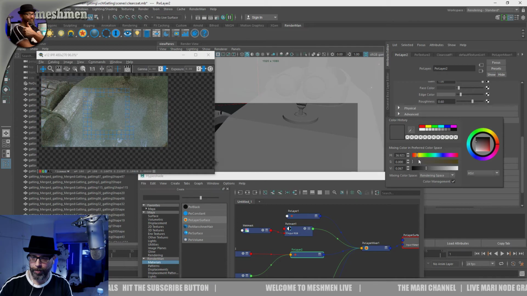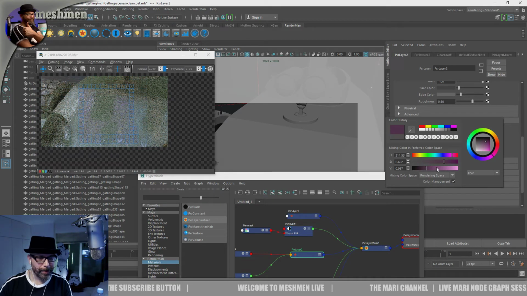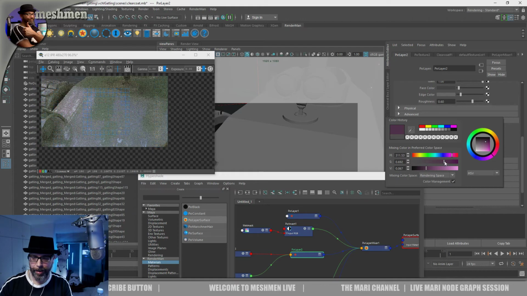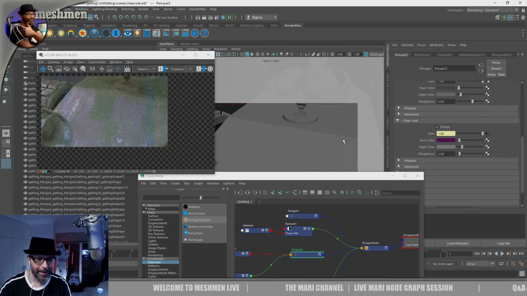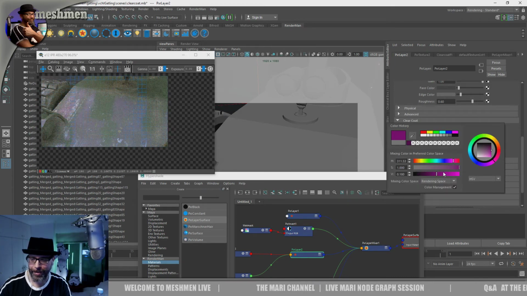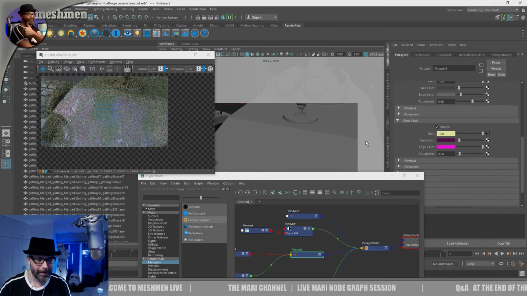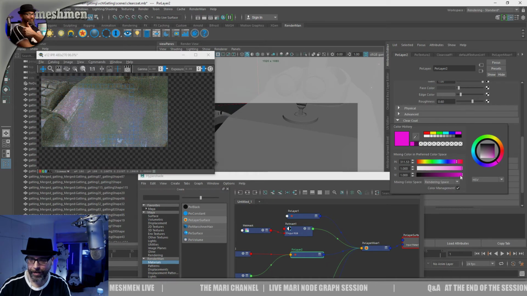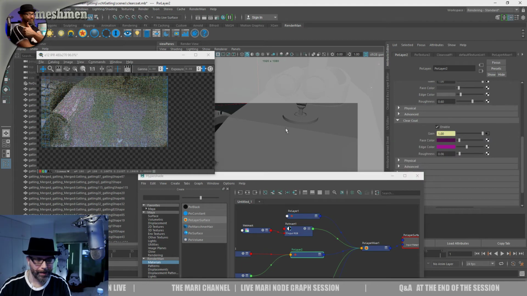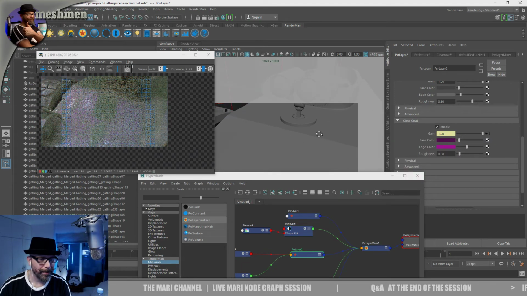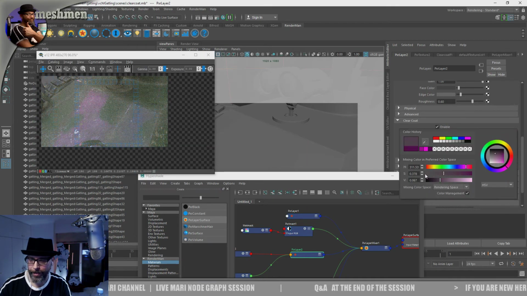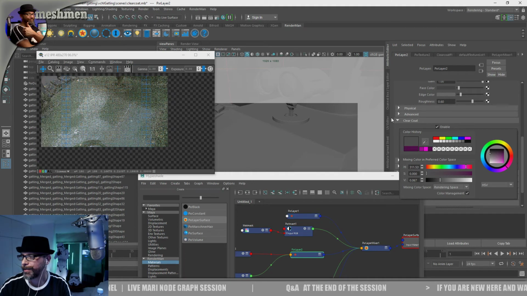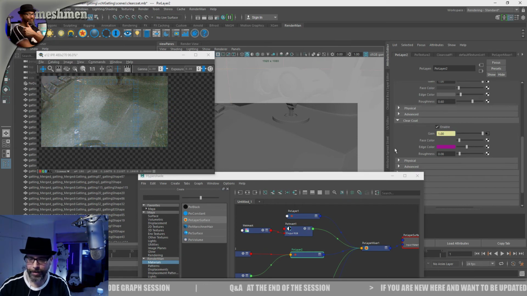If I want to tint this, I could do it like a core shader or something. I'm not sure if I'm gonna do that, but let's do something freaky here. Oh, that's not the way to go for my... Yeah, so we have